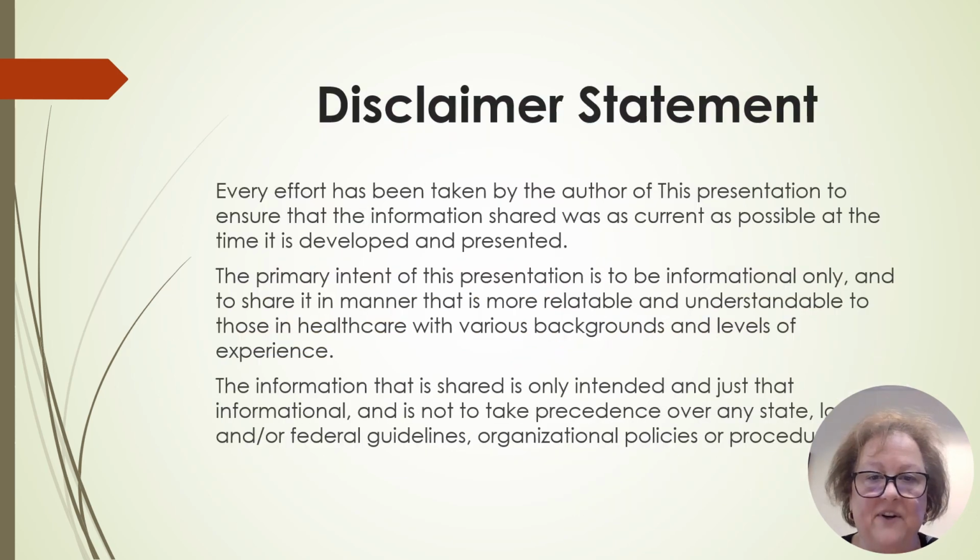Just sharing that every effort has been taken by the author of this presentation to ensure that the information shared was as current as possible at the time it was developed and presented. The primary intent of this presentation is to be informational only and to be shared in a manner that is more relatable and understandable to those in healthcare with various backgrounds and levels of experience. The information that is shared is only intended as just that, informational, and is not to take precedence over any state, local, federal guidelines, organizational policies, and or procedures, and certainly is not to take precedence over the details and